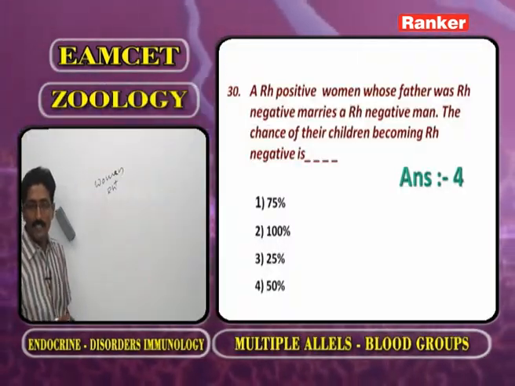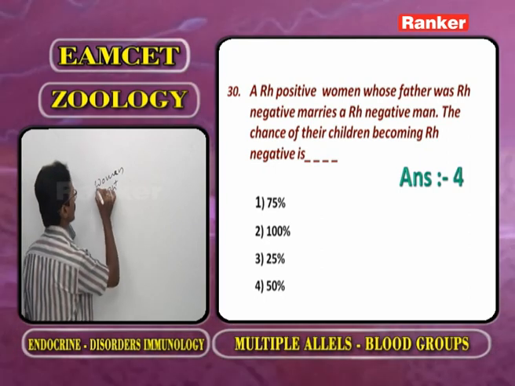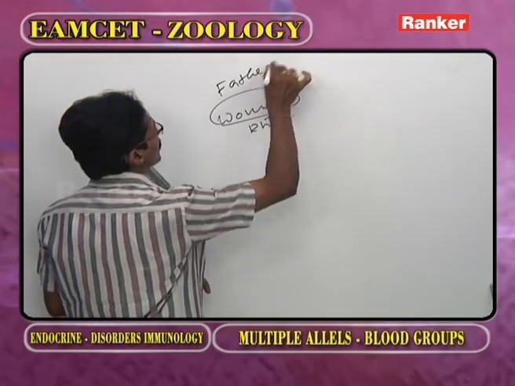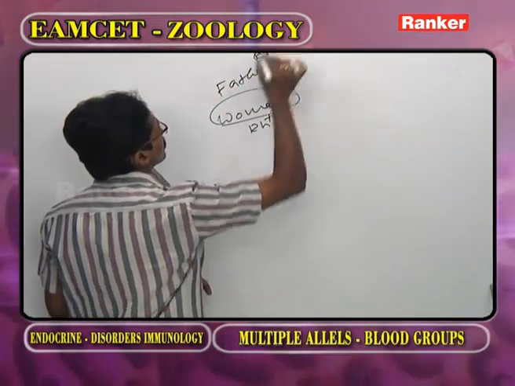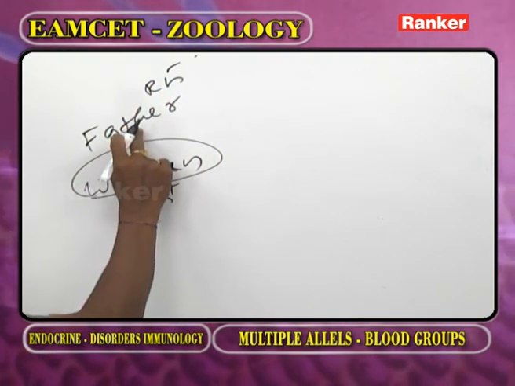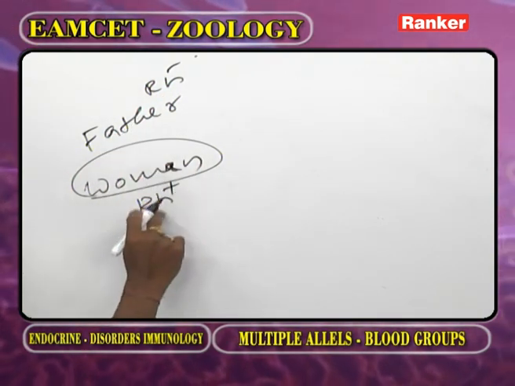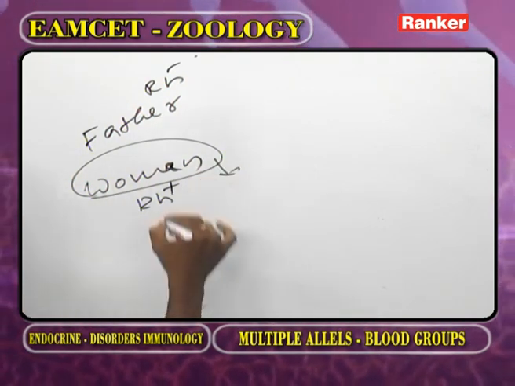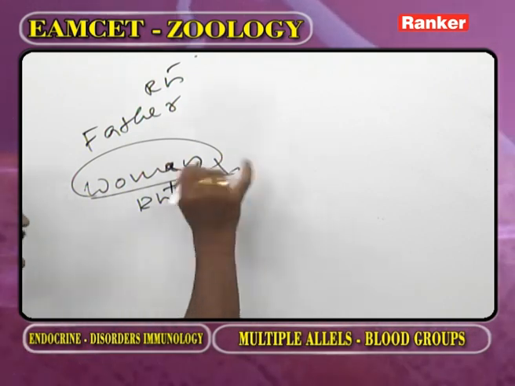Whose father was Rh negative? The woman's father is Rh negative. The father has no Rh antigen. His daughter, the woman, has Rh antigen. Now, what is the genotype of this woman? That is definitely